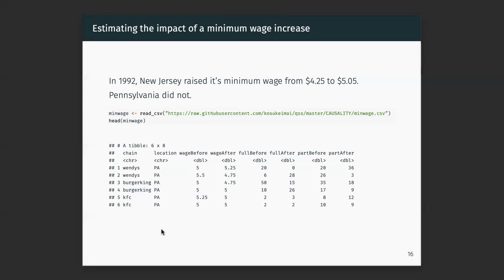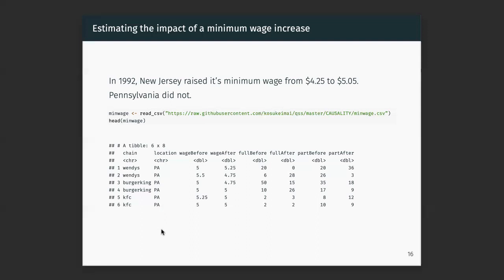New Jersey passed a minimum wage law, Pennsylvania didn't. In this study, we're going to try and make the case that this is an exogenous change, such that this is something the legislature did that has nothing to do with fast food employment per se. It's outside the system of fast food employment. And New Jersey and Pennsylvania, because they are neighbors with each other, are comparable. So we're going to make the case that because they're right next to each other, they're pretty close to each other, that we're going to treat them effectively